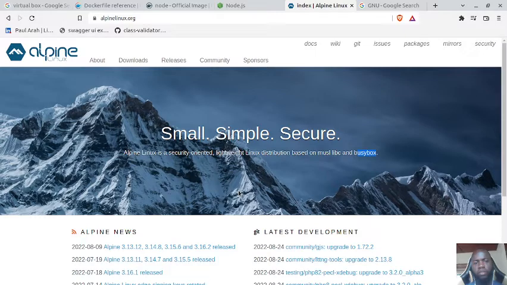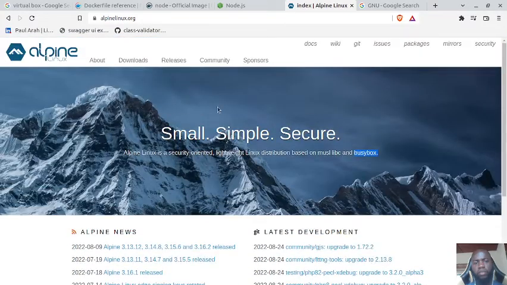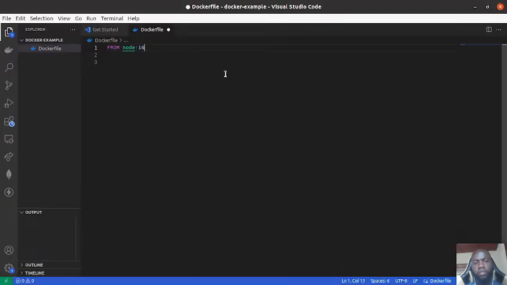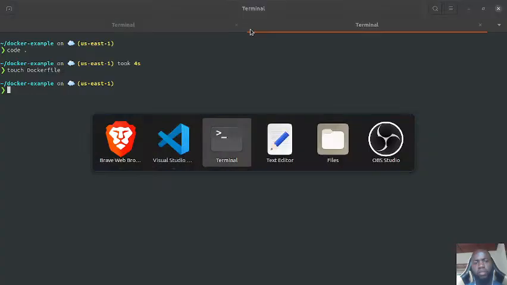I think this BusyBox is also what works on Androids and the rest, because they also use Linux underneath. But it's a very small and lightweight distribution, so you see people use this a lot for building their images. I'm gonna use Node 16 Alpine, because I think I have the image,